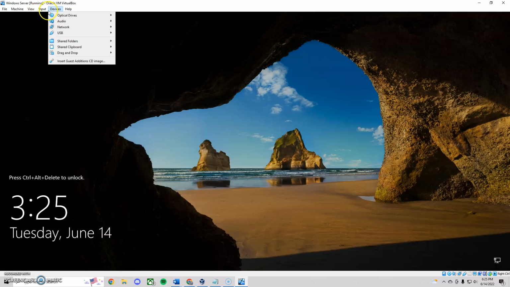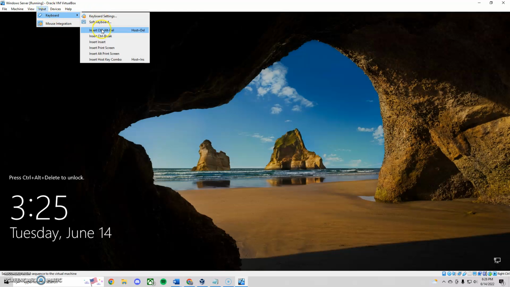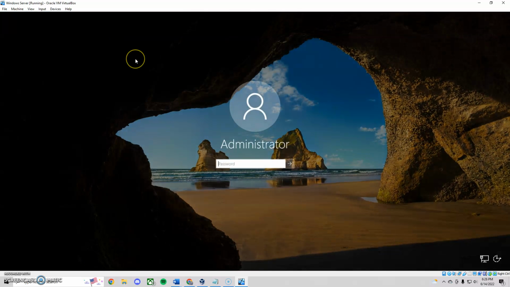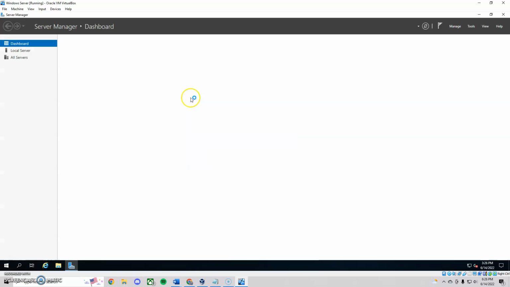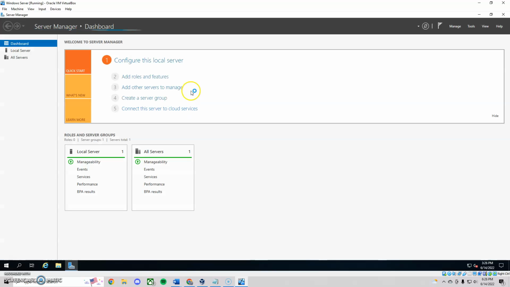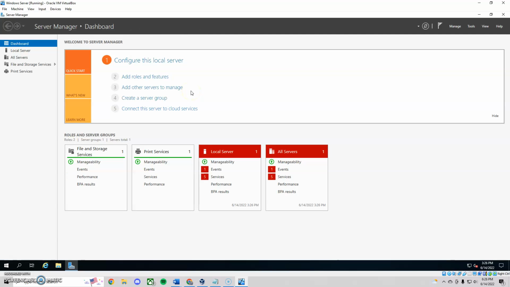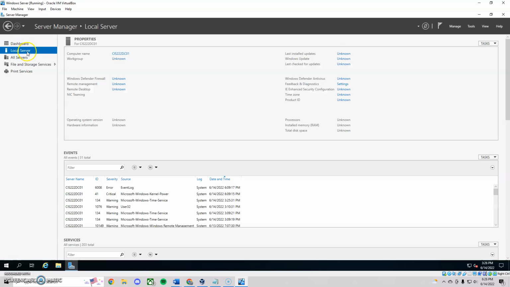So let me put in the input here, go to keyboard, go hit Control-Alt-Delete, I'll type in my password, enter that. Loading up Server Manager. So now I'm going to go to Local Server,